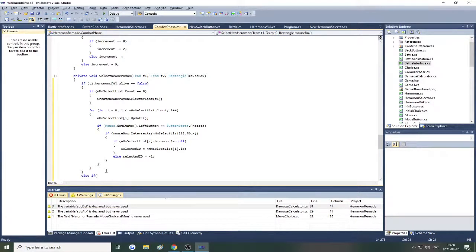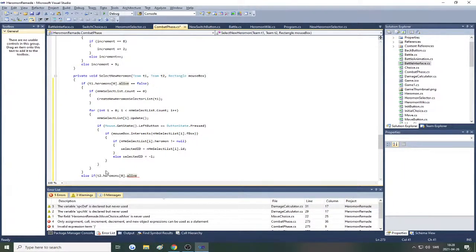Else if T2 dot hero mons 0 alive equals false,